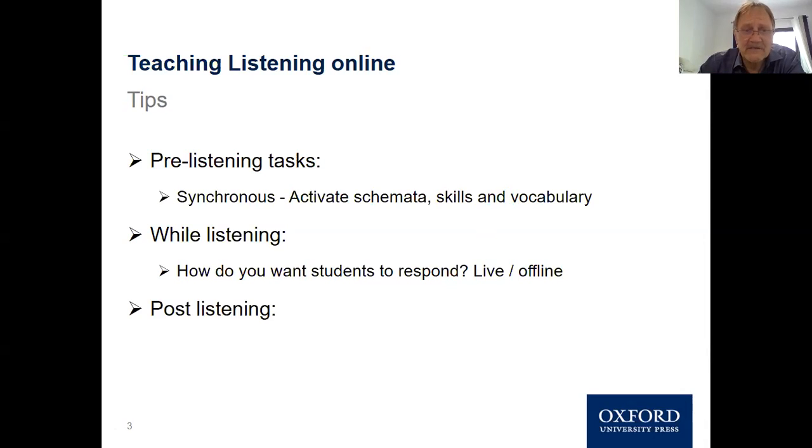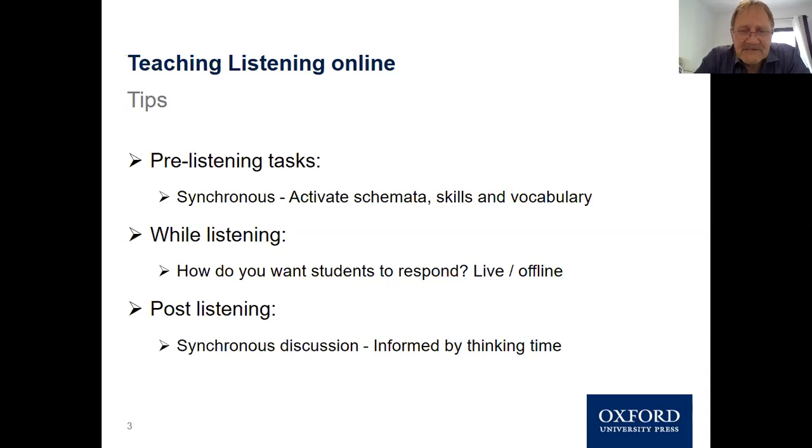Then offline, what kind of post-listening tasks? Well, post-listening tasks that we can do, of course, is to get the children, in this particular case, to ask their parents and their grandparents, anybody in their family, about differences between when their grandparents were their age. So imagine you have a child who's 8 and asking his or her grandparent to talk about when they were 8. What was there? What did they do? And how did they travel?